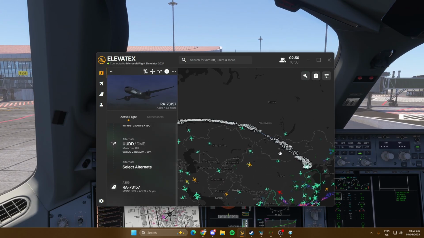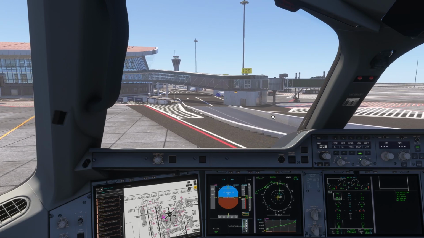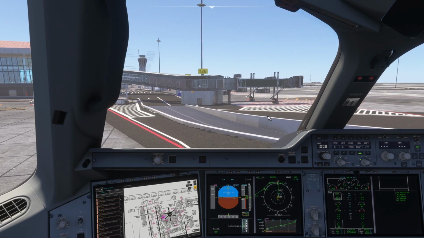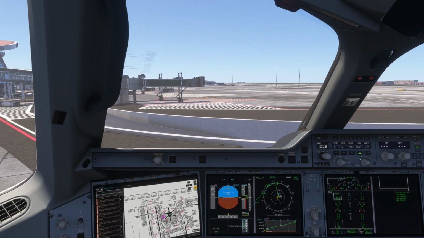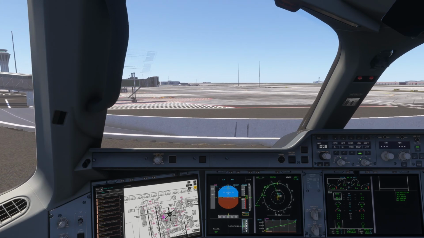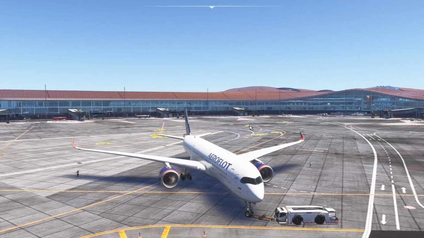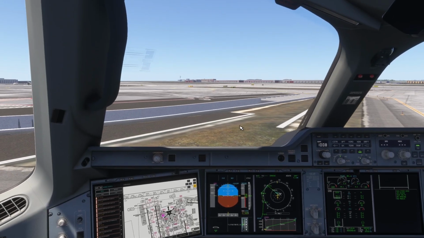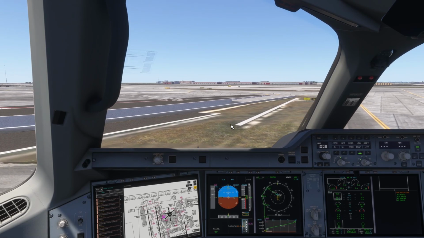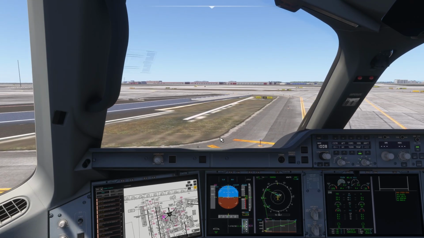So there's no ATC online because, of course, I'm recording this late morning, so it's around 10 a.m. my time, Philippine time. So this will be the third flight for me using Aeroflot. Overall, pretty good experience.